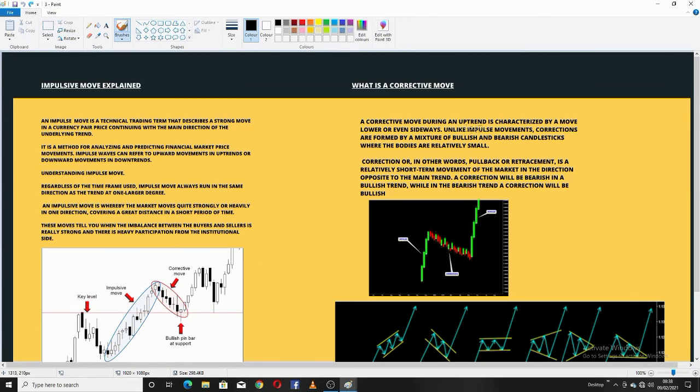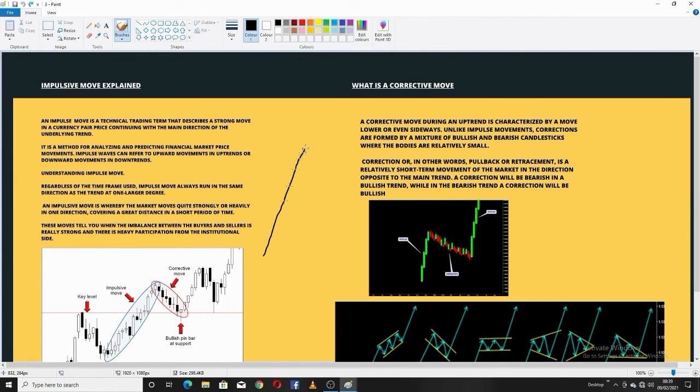A corrective move during an uptrend is characterized by a move lower or even sideways, unlike an impulsive move. Corrections are formed in a mixture of bullish and bearish candlesticks whereby the bodies are relatively small. Correction, or in other words pullback or retracement, is a relatively short-term movement of the market in the direction opposite to the main trend. A correction will be bearish in a